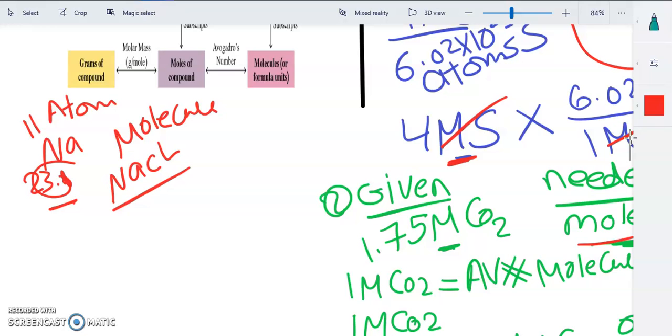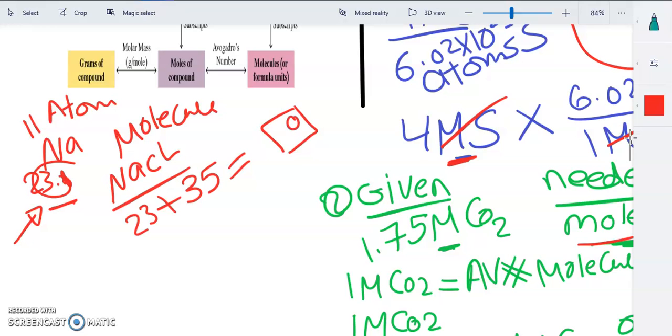To get the molar mass of an atom, it's right there in the periodic table. To get the molar mass of NaCl, you get the molar mass of Na from the periodic table, add the molar mass of Cl, which I think is around 35, and then you add them together, and you will have your molar mass of NaCl, which will be about 58. So for any molecule that has many atoms, it's very easy to get the molar mass, just like